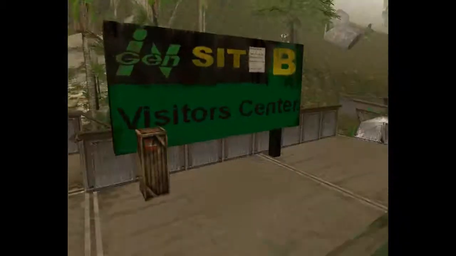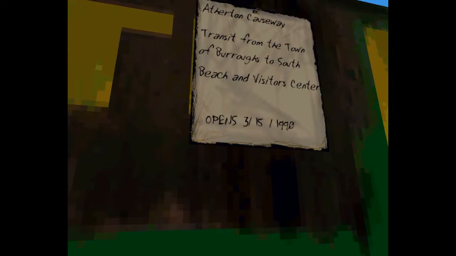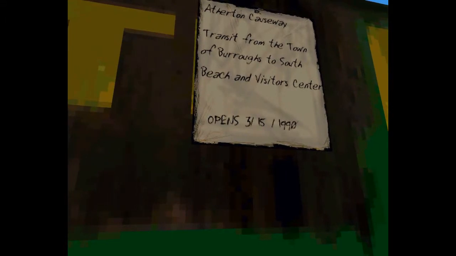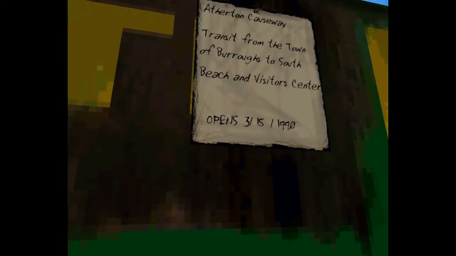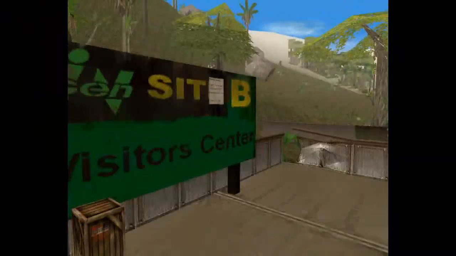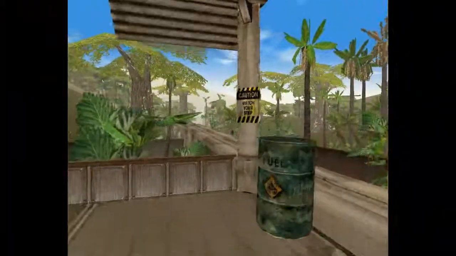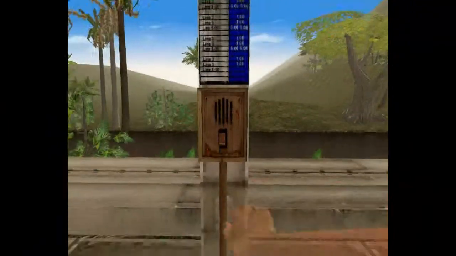Like, see here some small writing. I don't know if we can. Atherton Causeway, transit from the town of Burroughs to South Beach and Visitor Center opens 3/15 of 1990. So just little stuff like that. And I think this mod, without that, you wouldn't be able to read that, or it'd be very difficult. So all these signs, it kind of enhances that. And then when you push the button,